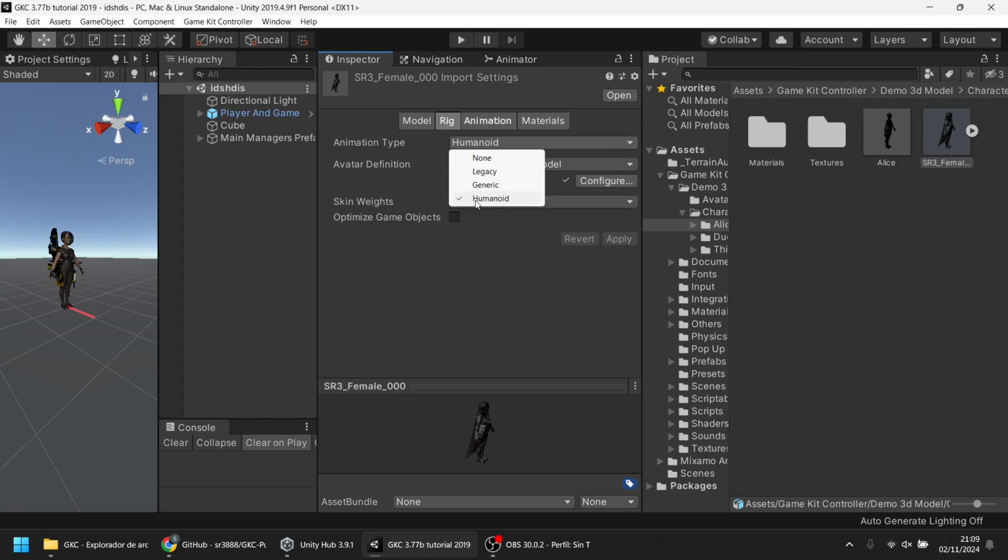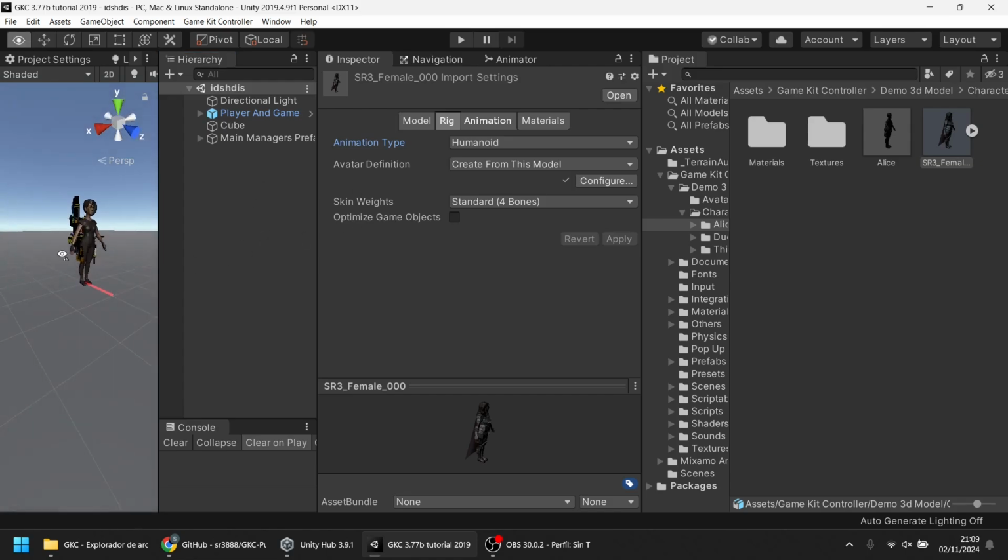Just make sure that it's humanoid and you will be able to use it on the character creator, either for player or AI. And when you import an animal, a monster or similar, this setting will be generic, as that can't use a humanoid rig. But in general, any model is 100% compatible with GKC, either for player or AI.